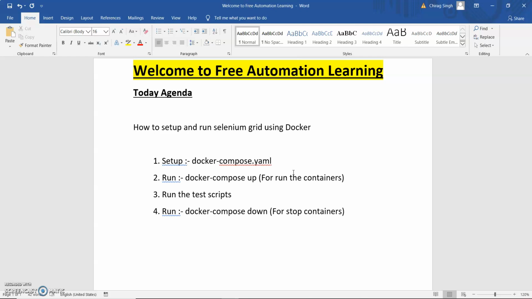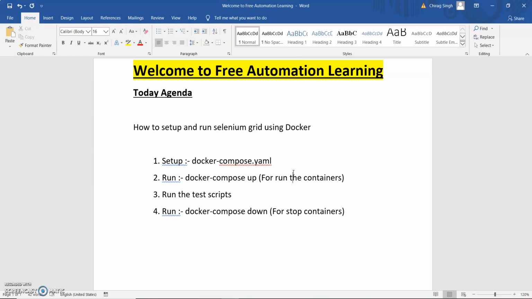The docker-compose.yaml file is used when we have to open 2-3 containers at a moment, and we need to specify that one container is dependent on another container. In Selenium Grid there is a hub and node connection. You already know that in Selenium Grid we have one hub and multiple nodes, and the nodes communicate with the hub, so for communication the hub must be up first, then the node.